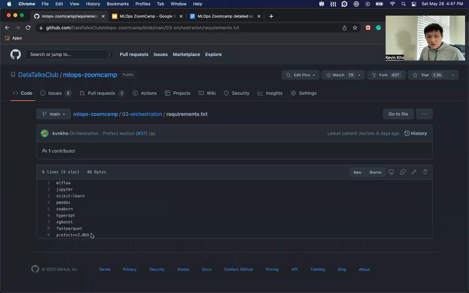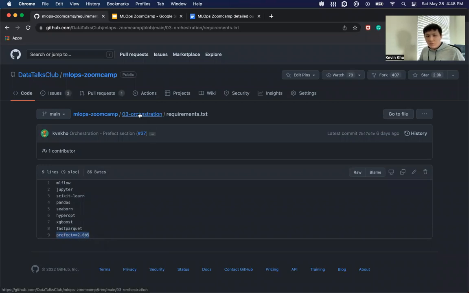So note that if you do a simple pip install prefect, it will give you Prefect 1.0. In order to follow along today, you really need to install 2.0. Specifically, the version I'm using is 2.0 b5. We're in beta right now, so we have a couple of releases every now and then, but I think we're approaching something more stable. But for now, to follow along, just use Prefect 2.0 b5